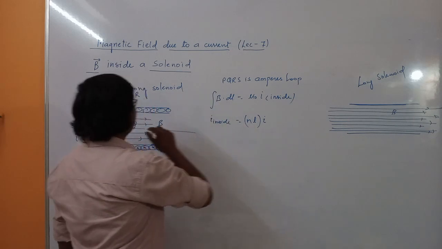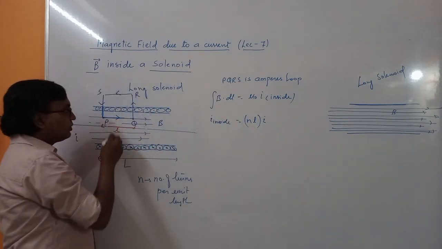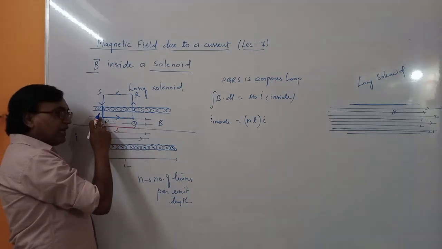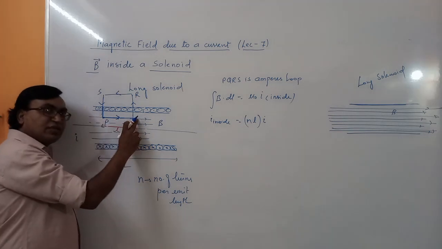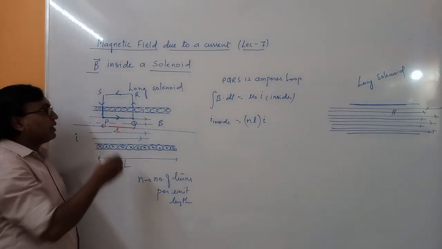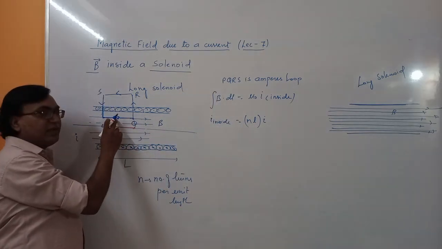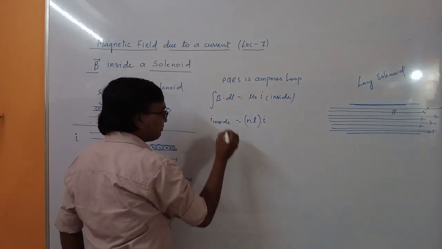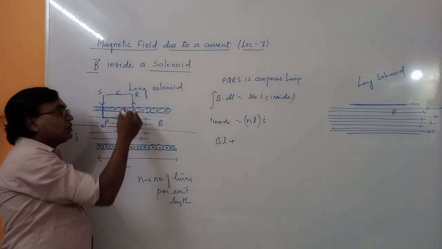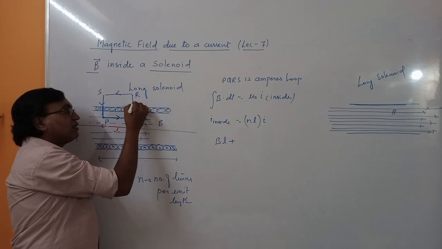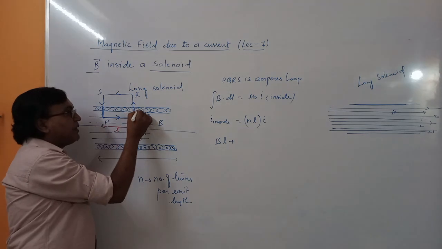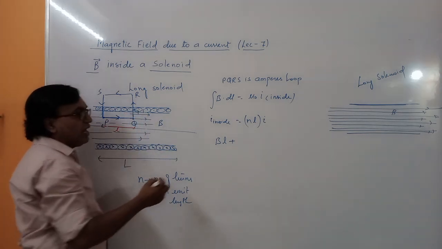Then for this we have PQ. Now you see PQ. Magnetic field is along this direction and we are moving along the same direction. So cos theta will be 1, angle is 0. B dot dl is B dl cos theta. Now B, integral dl will be L. So that will be B into L, plus the line integral of QR. Now we are moving along the direction of QR and here the magnetic field is along this direction till this point. So they are perpendicular. So magnetic field due to QR will be 0.